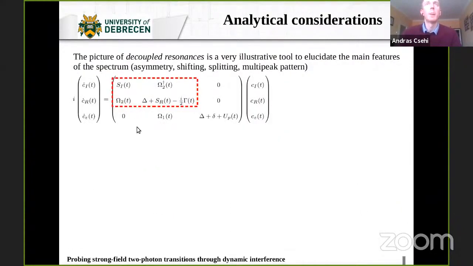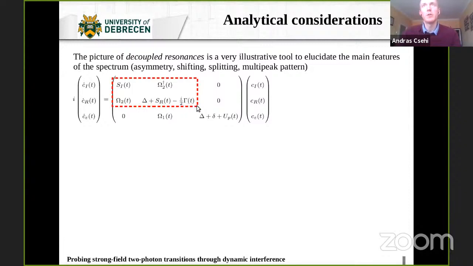The so-called decoupled resonance approximation, or decoupled resonance picture, we applied, which was found very illustrative in previous works to explain such kinds of processes. It turns out that due to the strong coupling with the laser, two resonances emerge, and